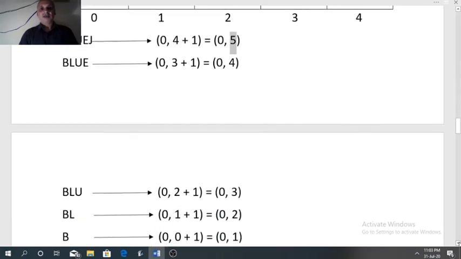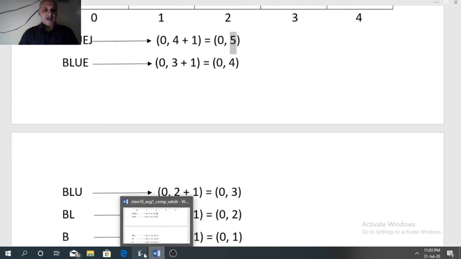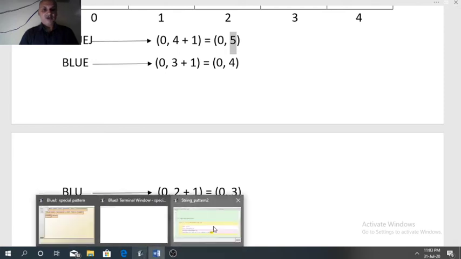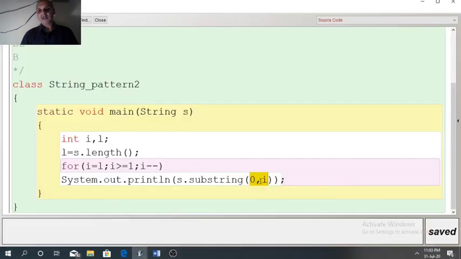If you analyze the last ordered pair, the starting index is the same in every row, that is 0, but the last value is changing, and that last value we have controlled with I. So this is the reason the starting value is 0 and the last value is I. Now see the result of this program.